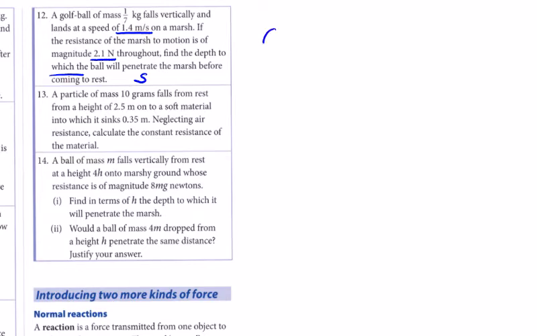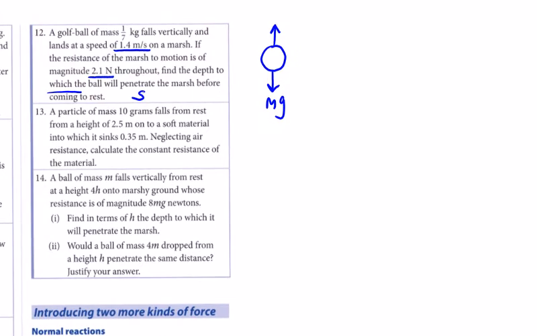So if we start with a diagram, here's my golf ball. It's falling, always with mg. There's a resistance here, and the resistance is 2.1 newtons. So the mass is 1 over 7, and gravity is 9.8. So that's going to give me 1.4. So I've got a 2.1